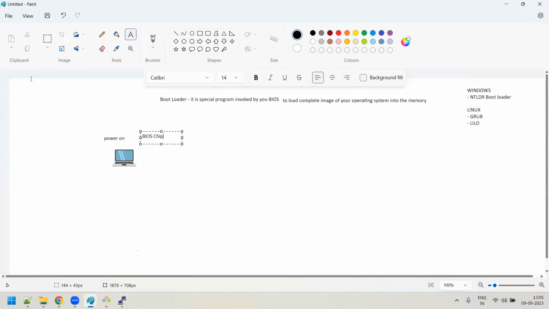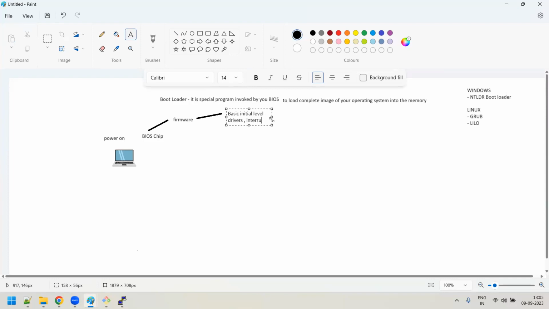It is actually a chip which is there in your motherboard. In your laptop there's a motherboard, and within the motherboard there is a BIOS chip. In this BIOS chip there is a program, a software, which we call firmware. This BIOS chip has a firmware, and it has all the very initial, basic-level drivers.